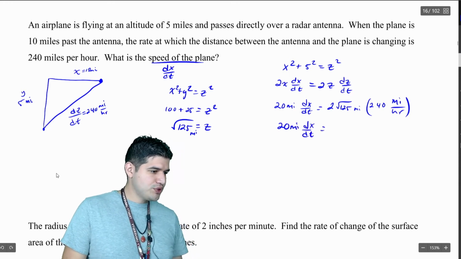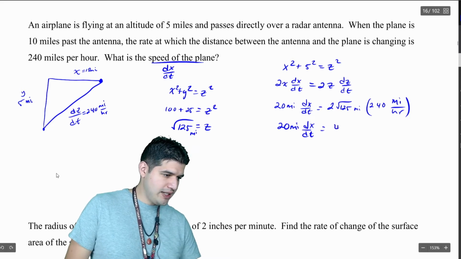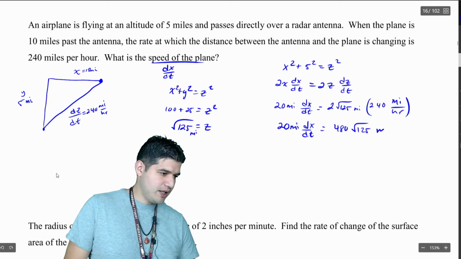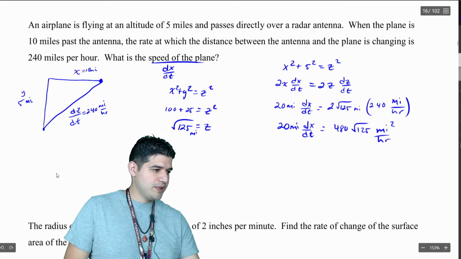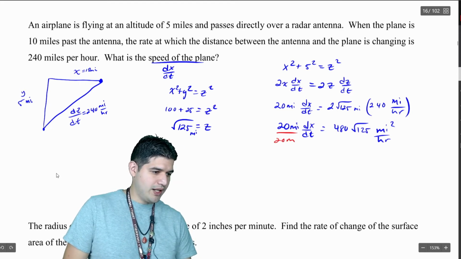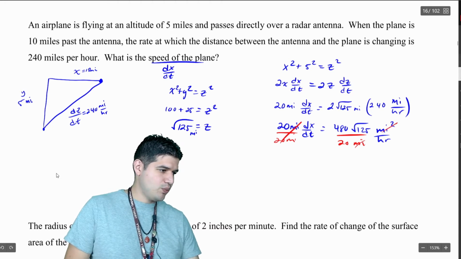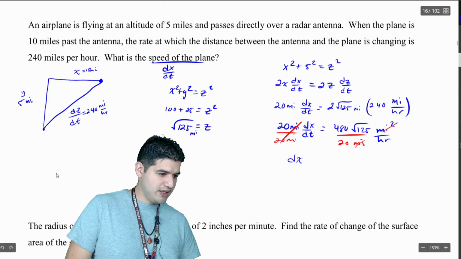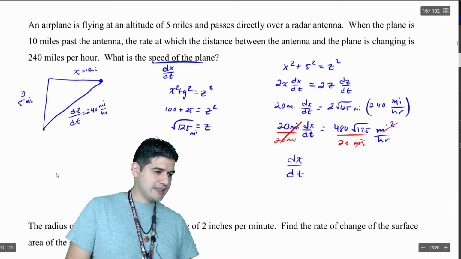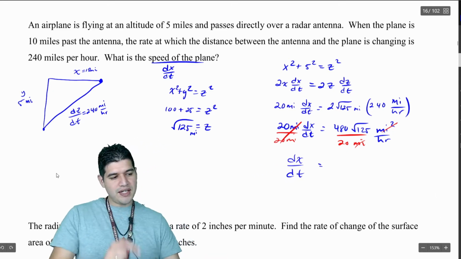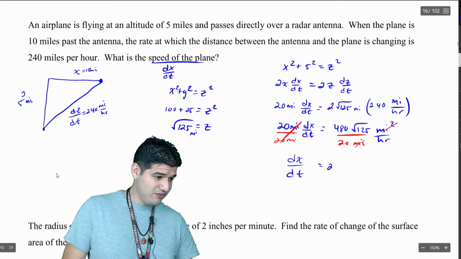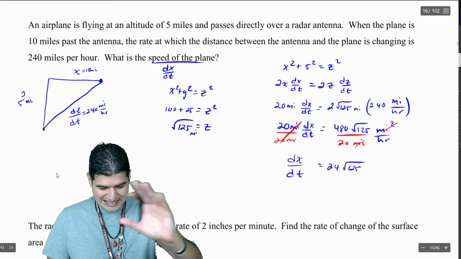And so 2 times 240, that's going to be 480 times square root of 125, and I get miles squared per hour, square miles per hour. All right, now what I'm going to do is divide by 20 miles. So that divides out there, and one of those miles is going to divide out, and so we're going to be left with the speed of the plane, dx/dt, is going to be 480 divided by 20, which is 24 times the square root of 125, and I'm just going to leave it as an exact answer here,